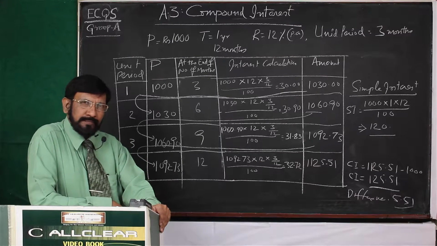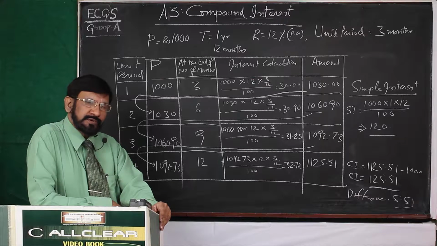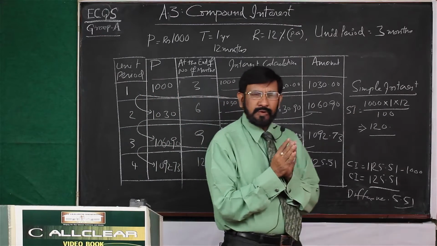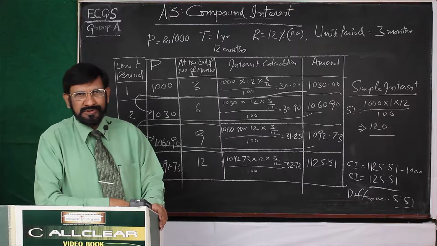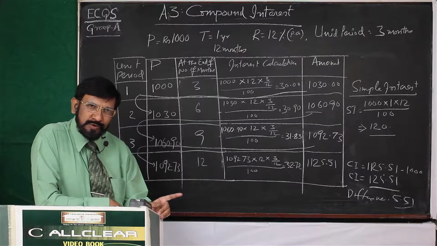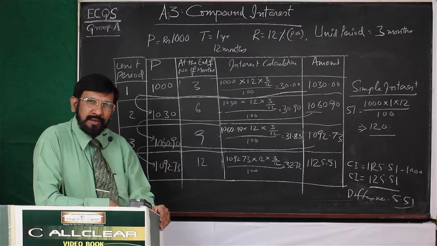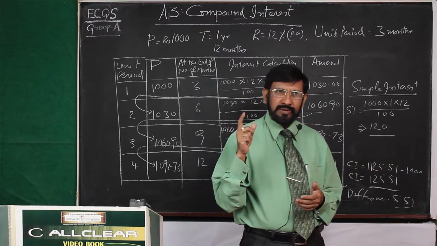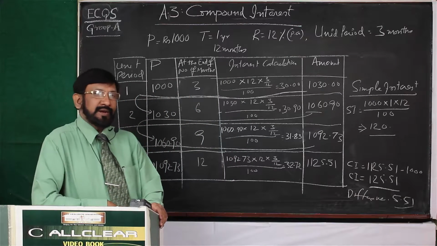Suppose you lent 1 lakh rupees to somebody at 3 rupees interest per month. Then at the end of this month, how much do you get? You get 3000 rupees interest. If he pays that 3000 rupees to you, you can lend it to some other borrower. By that, how much are you getting? On 3000 at 3%, you are getting 90 rupees.